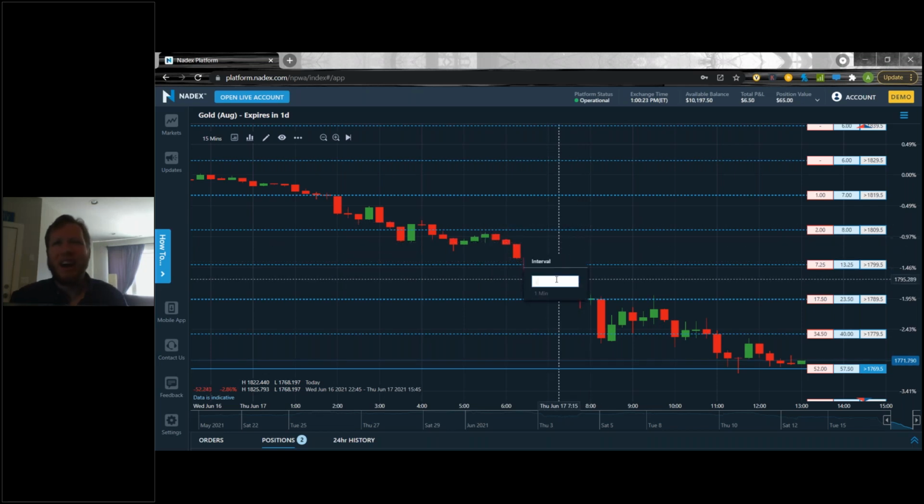There we go. Sorry, I had to turn the number lock on. If I start typing in here, I can hit a number and it's going to bring up a timeframe. So if I hit 1, you can see it brings up 1 minute. I can hit 15, and it's going to bring up 15 minutes.